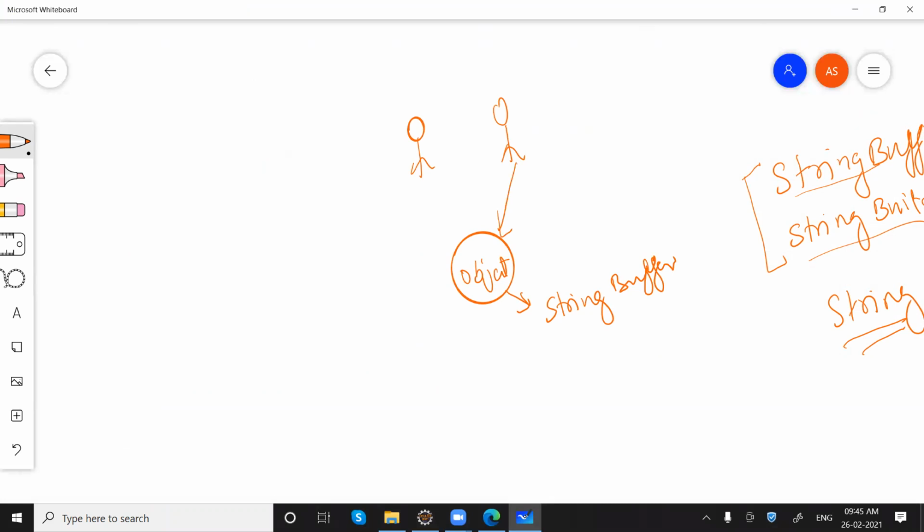This is doing some addition, or let me say concatenation. This is doing some replace at the same time in the string buffer object. So what will happen if both work simultaneously? The end result would be inconsistent,